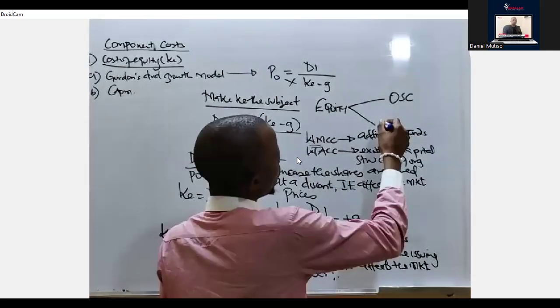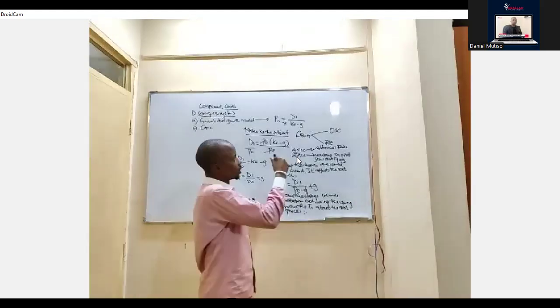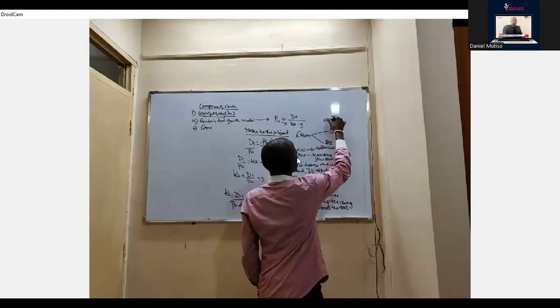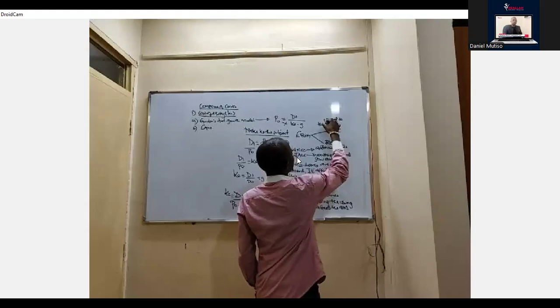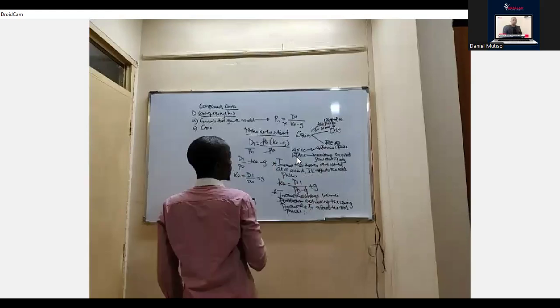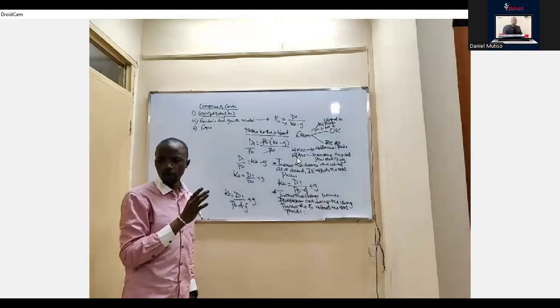So when you're looking at these two, the ordinary share capital and the retained earnings, you know that the ordinary share capital is normally issued to the public for subscription. But the retained earnings is never issued. So when you are calculating the formulas for the two, right? When you are doing the formulas for the two,